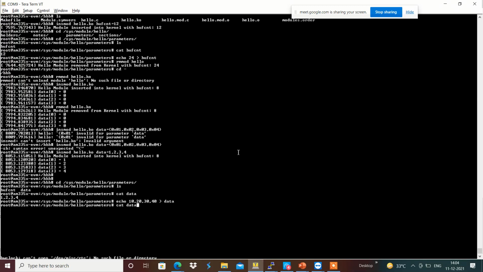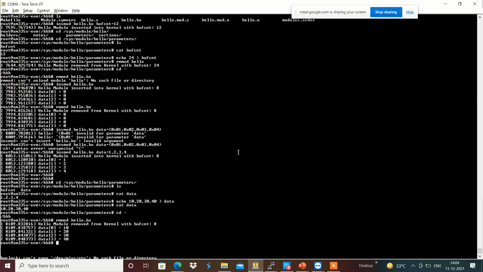And if we do rmmod of hello, then we will have whatever we loaded, 10, 20, 30, 40, in the data array parameter.